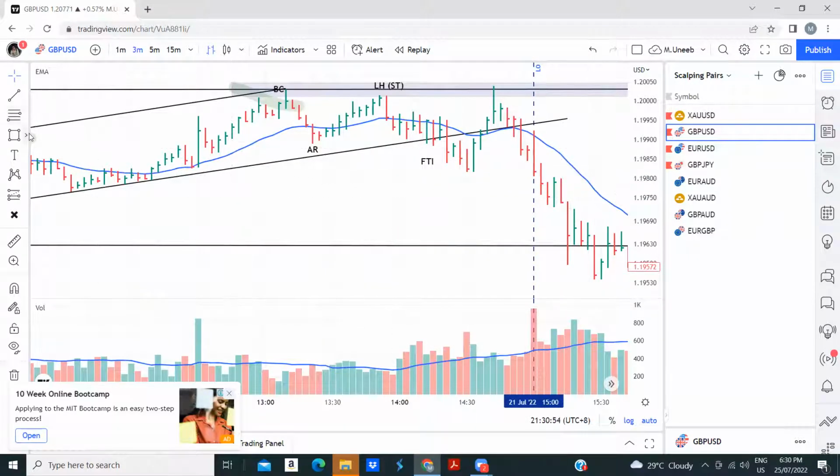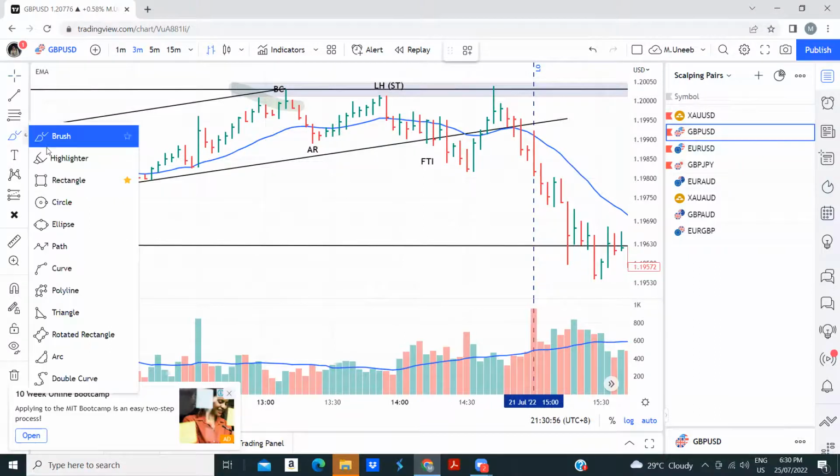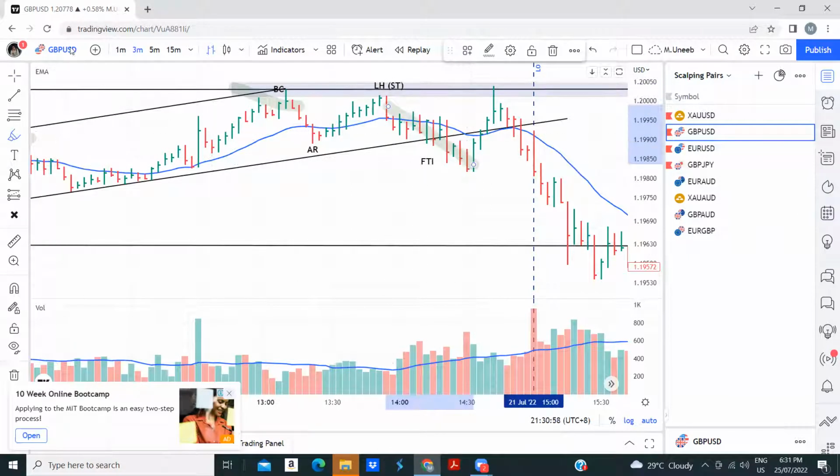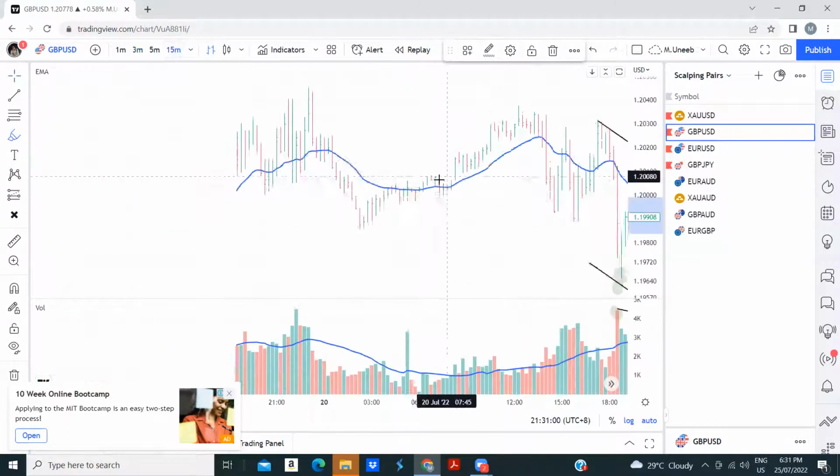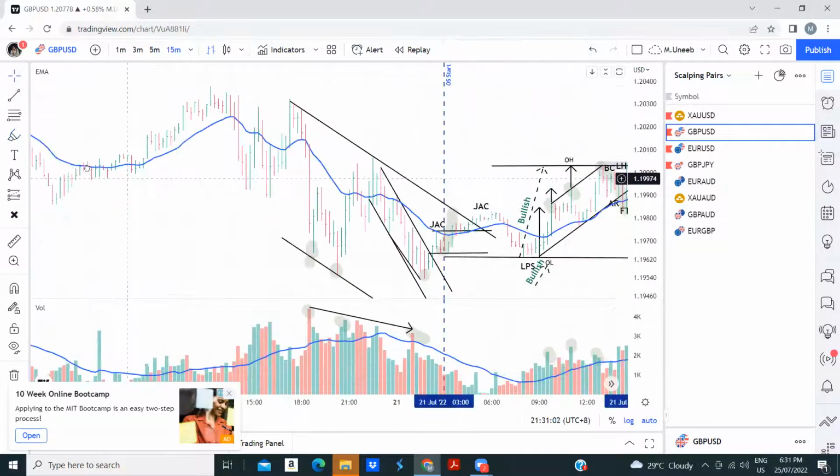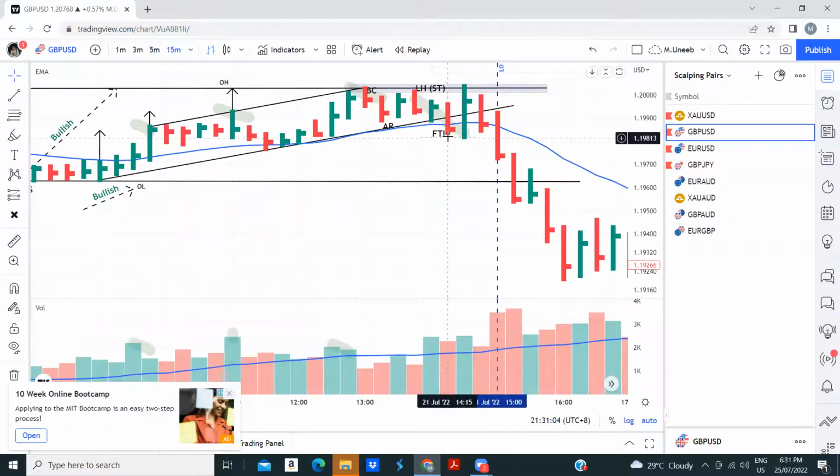Okay, so we see this FTI. Go to the 15-minute time frame. See, confirm it. You will see the same thing. FTI observed. FTI observed when? Just before London Open. And then the price came back and touched this region on a very high volume. Another clue, just before London Open. And then the price again made what? Falling through ice, FTI. Right?